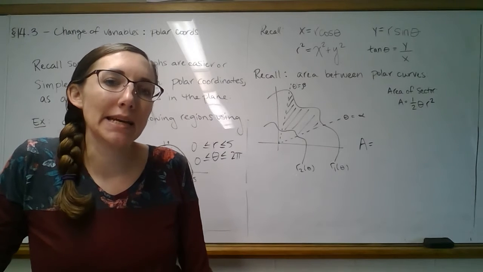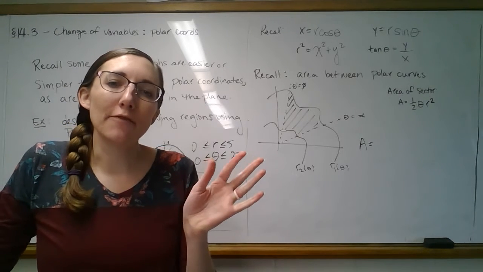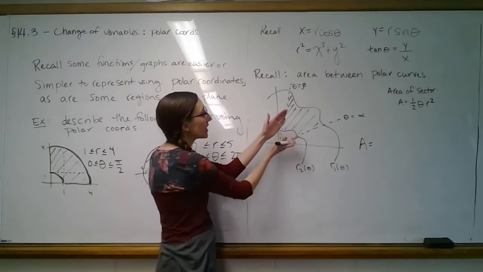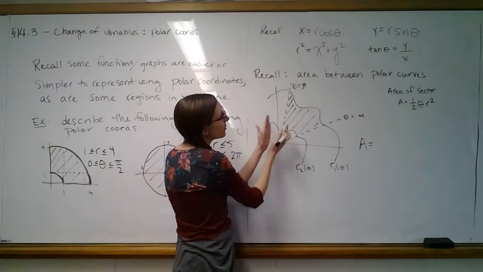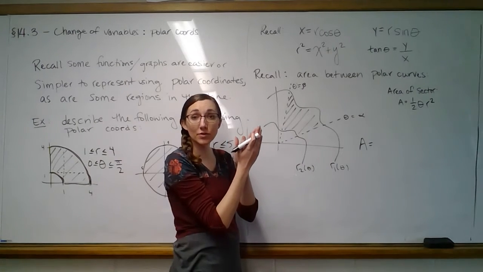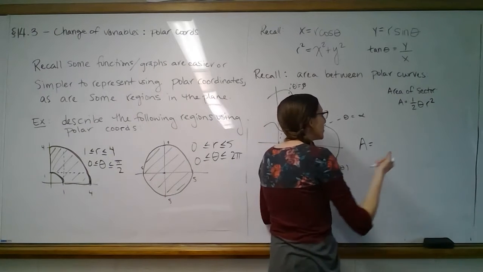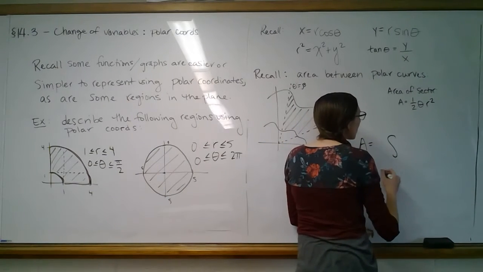What we're going to see then here is we thought about, well, if the sectors are my little representative regions, then the thing that's going closer and closer to 0 would be the theta values of those sectors. They're going to keep getting narrower and narrower. So when we do this integral here,